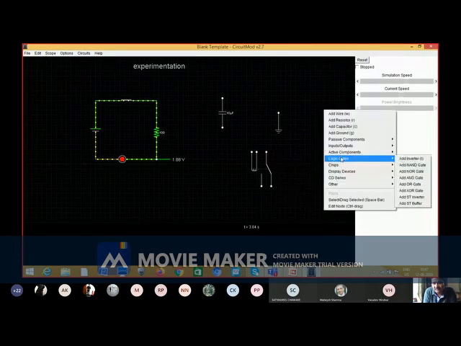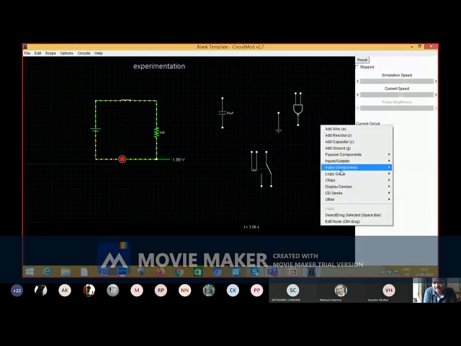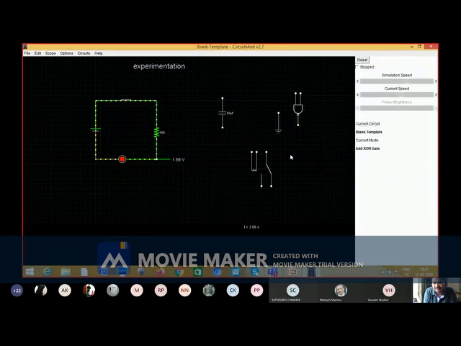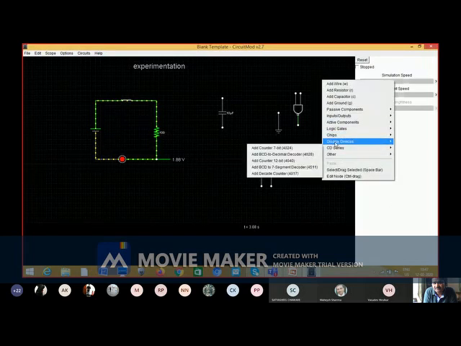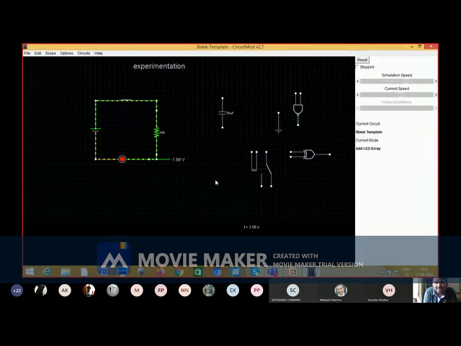Then you can select some gates, the various gates, suppose you need an XOR gate. Then various LEDs, array LEDs, etc. Suppose, yes, LED array. These are the LED arrays, etc.